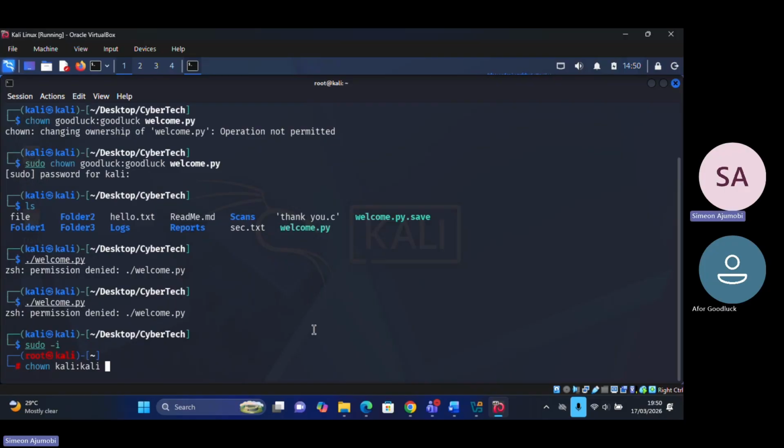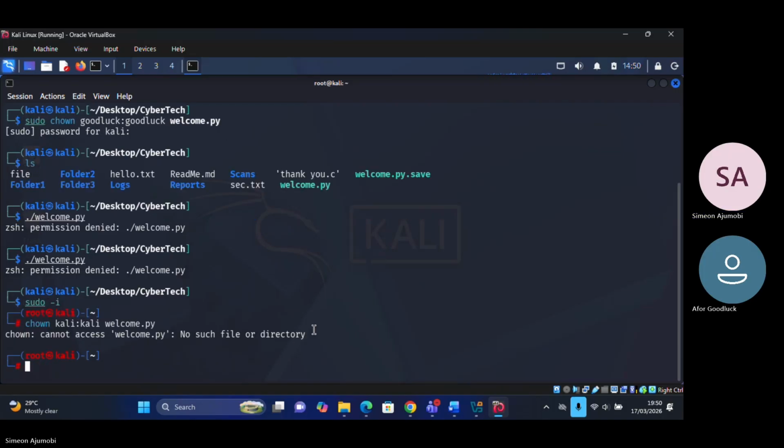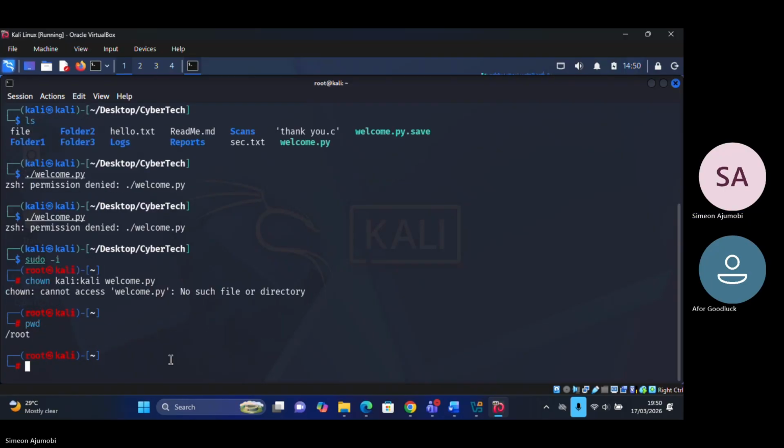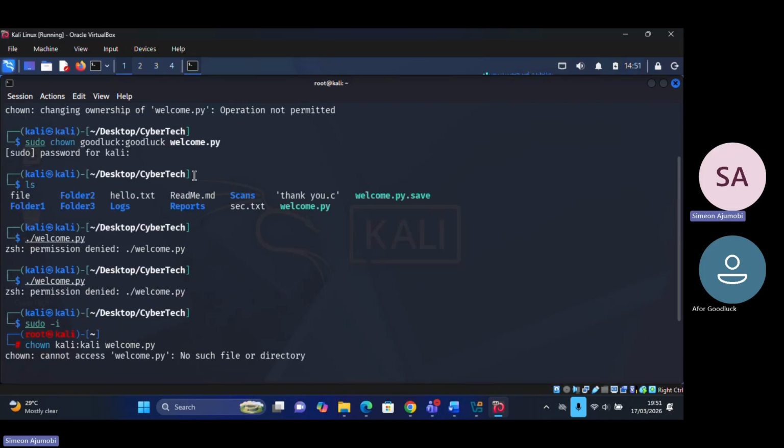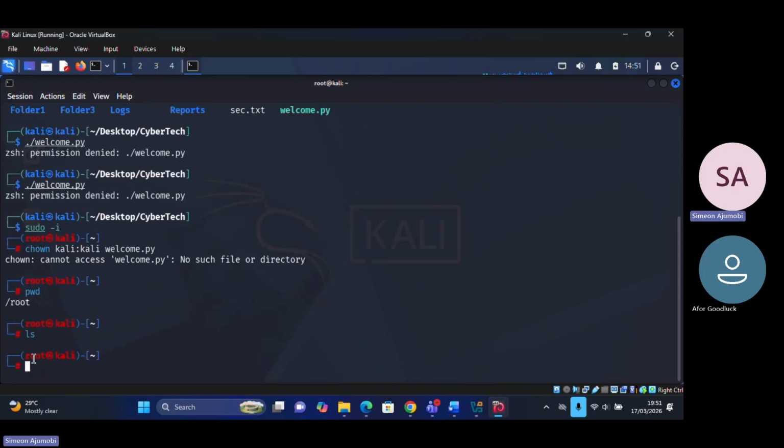The name of the file is welcome.py. Is it no such file in the directory? Okay, because we are in the root and the file is not in the root. So we need to navigate to desktop to be able to get access to that. So to navigate to desktop, you can say,